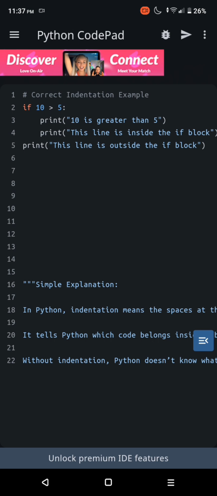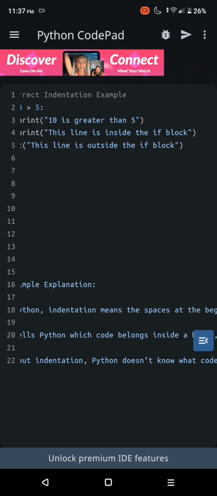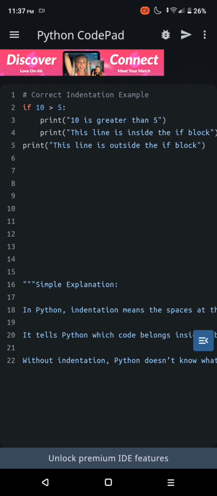So this program has a correct indentation example. If 10 greater than 5, print 10 is greater than 5, and this line is inside the if block, and the other one is this line is outside the if block.